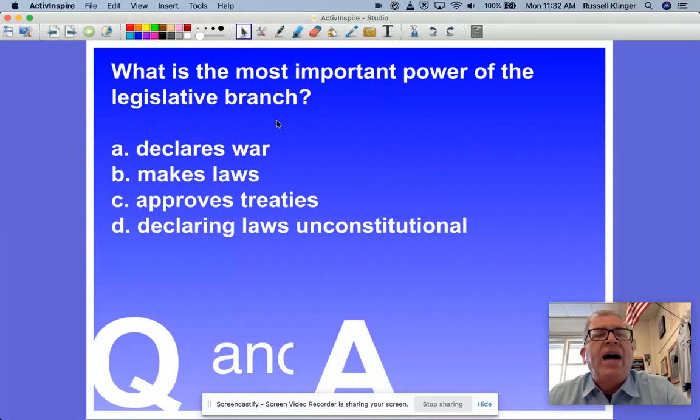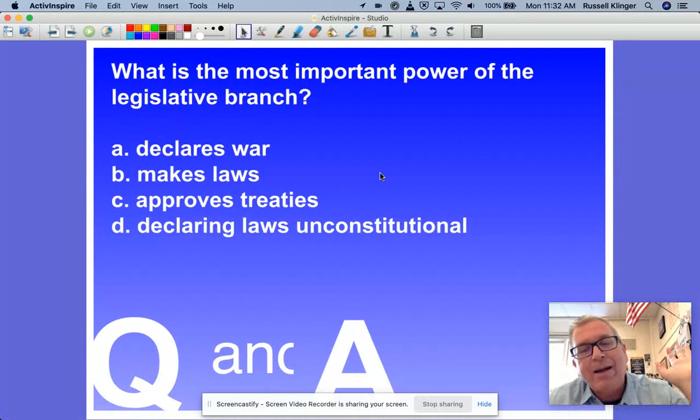What is the most important power of the legislative branch? I think I just said it was making laws, because that's probably where they spend 95% of their time, arguing about laws that are being proposed and then voting on them. Very little time is spent on declaring war, to be honest, because we don't have that many wars very often, thank goodness. Approving treaties probably comes